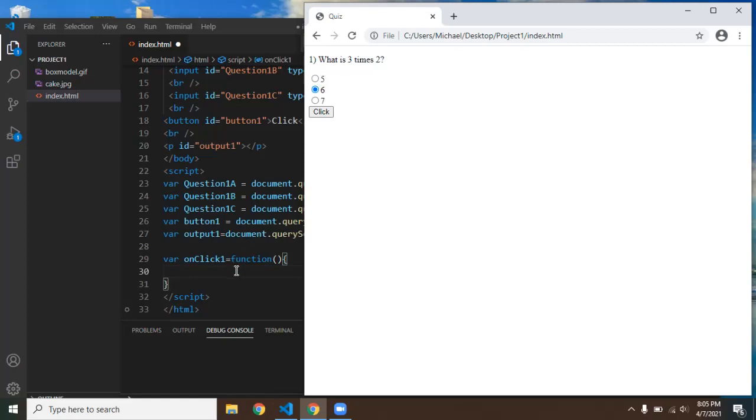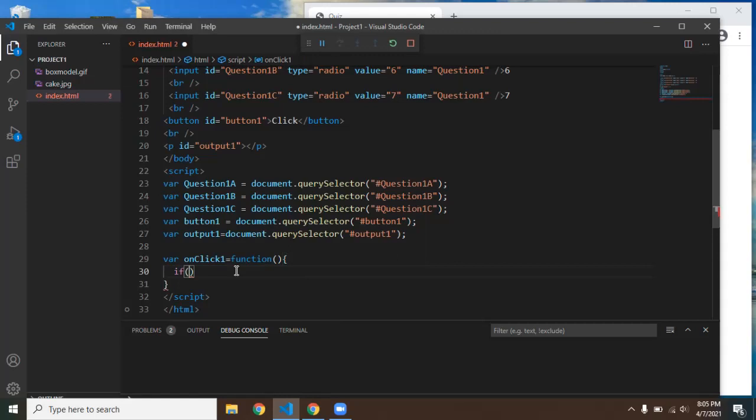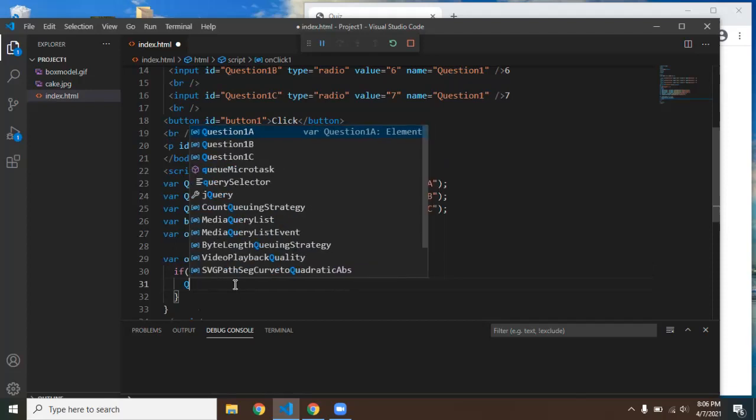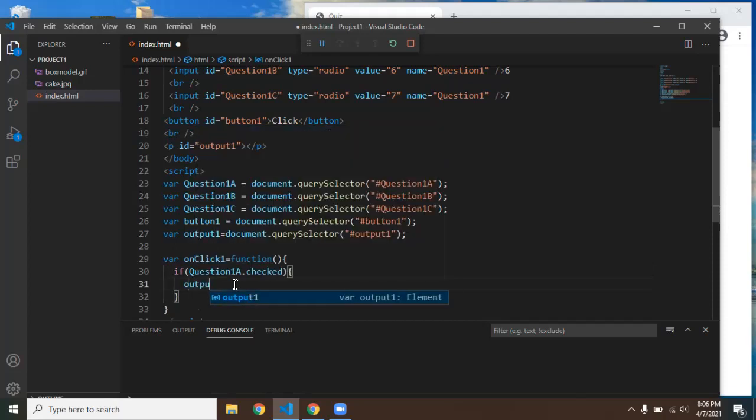Okay, so we're going to use something called if question1a.checked. So what does that do? Dot checked returns a Boolean, true or false, if the element is checked. If it's checked, then this is true. If it's not checked, then this would be false. So if question1a is checked, we want output1.innerHTML to be equal to the string